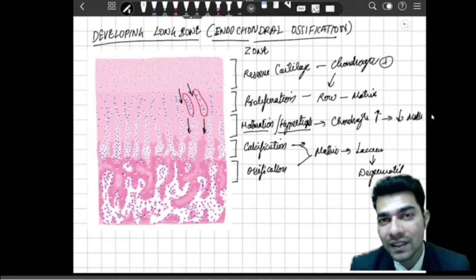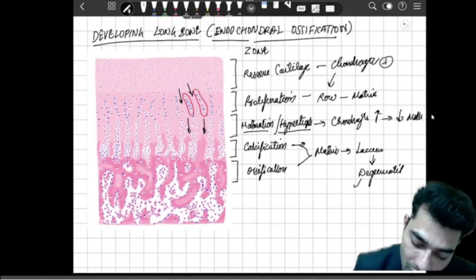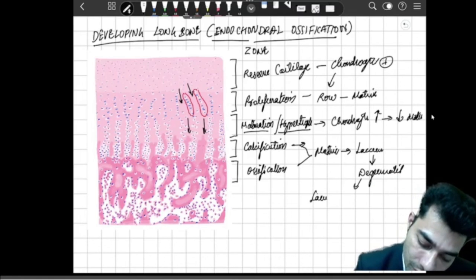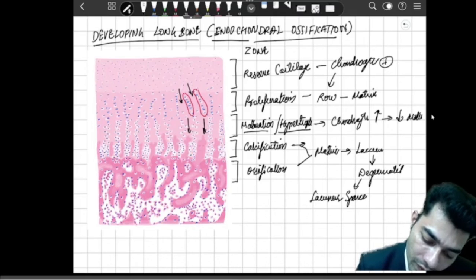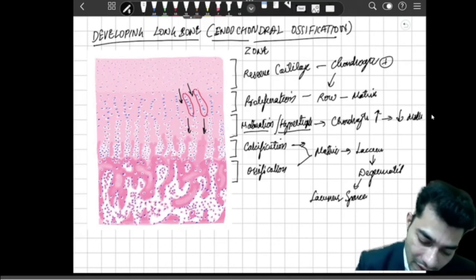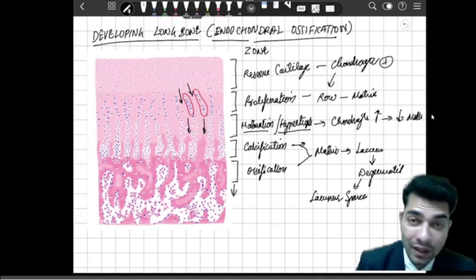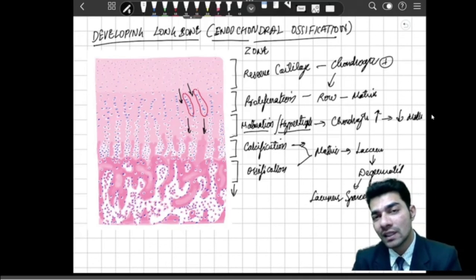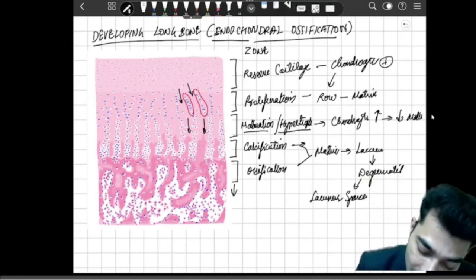Okay, these degenerated lacunar spaces are left out further towards the distal end of the epiphyseal plate, where the